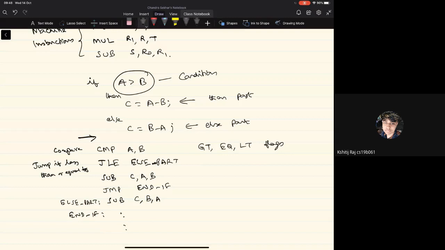Basically here we are talking about a label associated with the instruction, right? And why do we call it a control transfer statement? Because we are transferring the control of the program execution from one instruction to another instruction, which is not necessarily in the next position in the sequence, right? So these are what are called the control transfer statements, which are typically the if then else statements, or in the case of the C language, we have what are called the switch statements, right? So typically all of these will be control transfer statements.